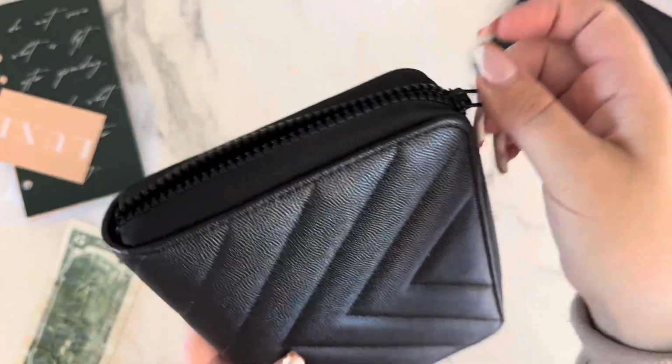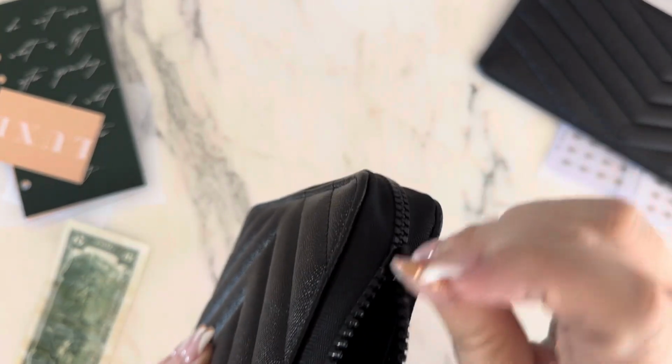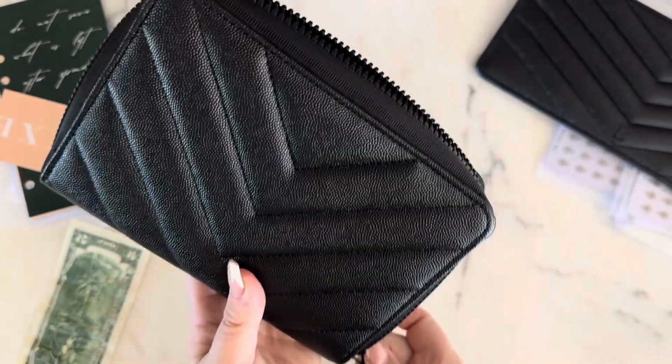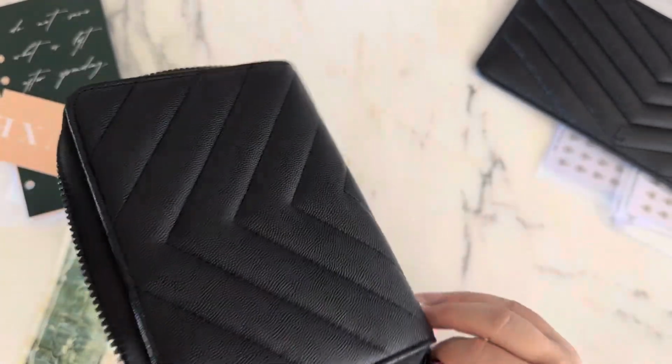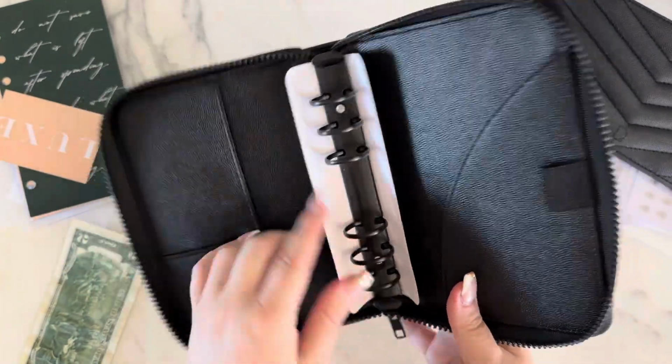And the zipper, oh my gosh, it's like with ease. I've had some zippers where I'm just like, come on, it's stuck or whatever. It would be so frustrating, but no, this zipper is awesome. And then, this has the black rings